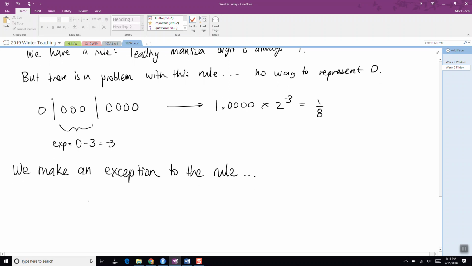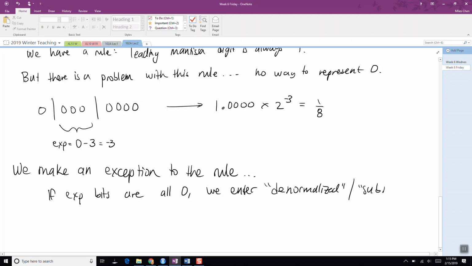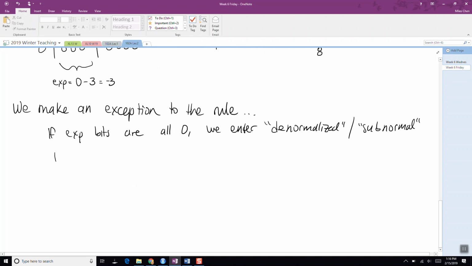The exception is if the exponent bits are all 0, we enter denormalized or subnormal mode. What that means is that if the exponent bits are all 0,